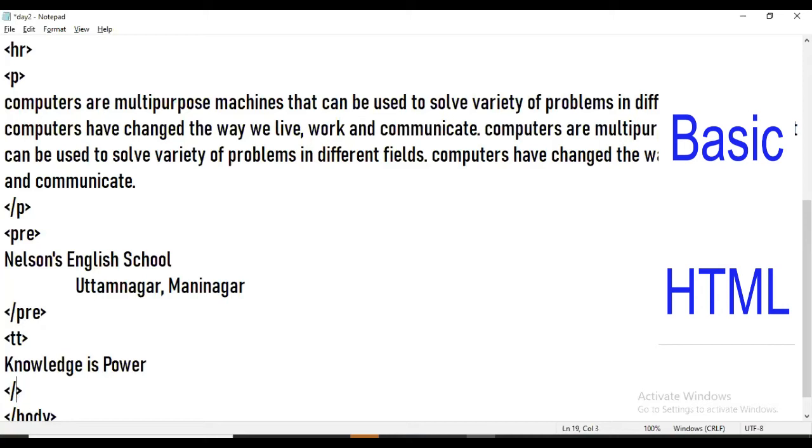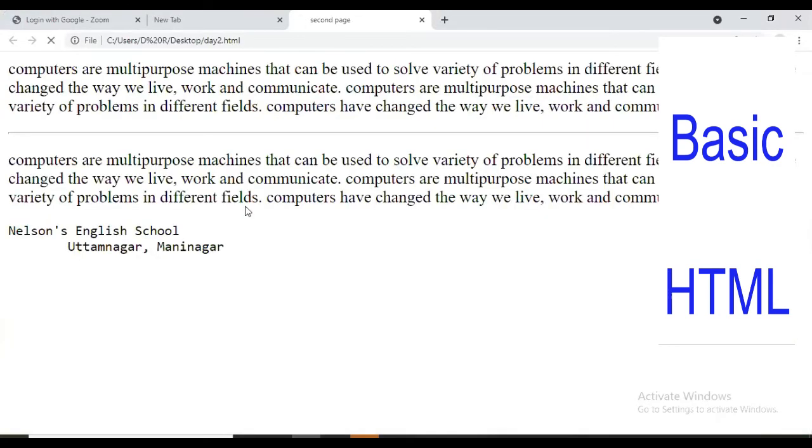And sorry, TT. I'm closing this tab, saving this file, and refreshing this here. Okay, I can see this. This is typewriter font. So it is different from the normal font, the first one and this one.